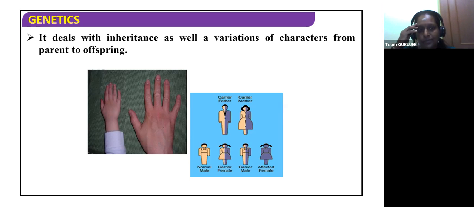So what's happening in reproduction? What is the only thing that is getting transferred? Does the parent pass on the whole set of legs, hands, everything? No, just the nucleus is fusing. Only the nuclear material is fusing here. So it's obvious that the DNA is the one that's carrying genetic information.